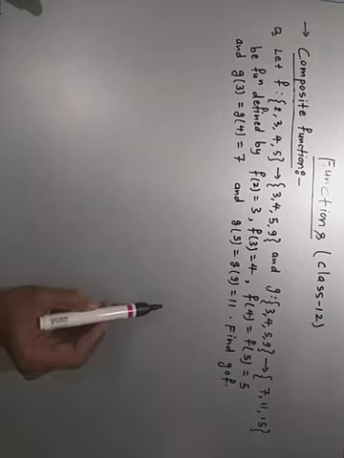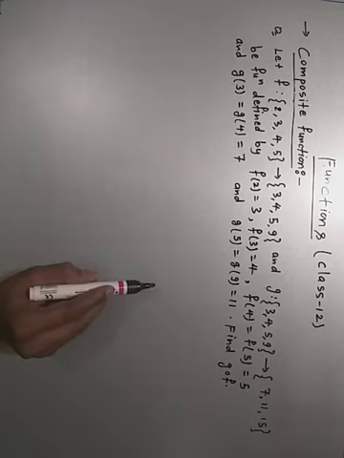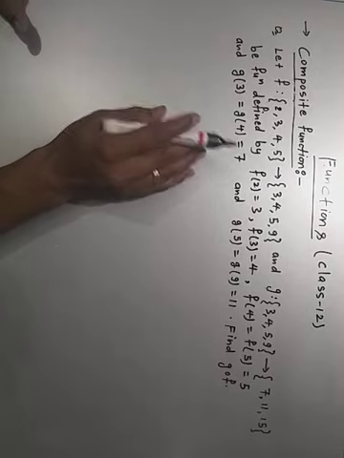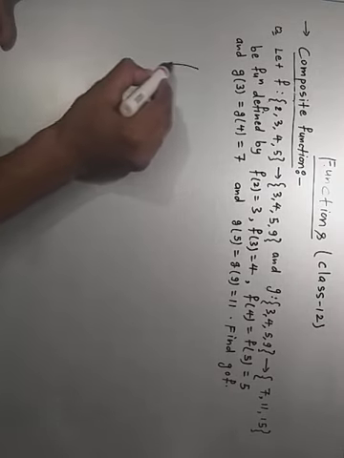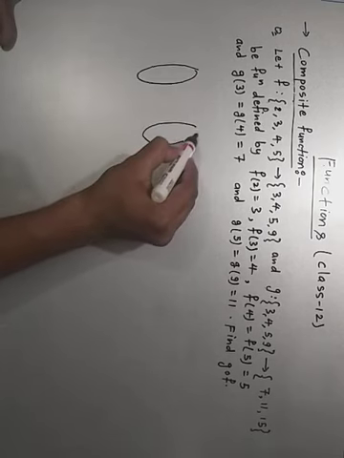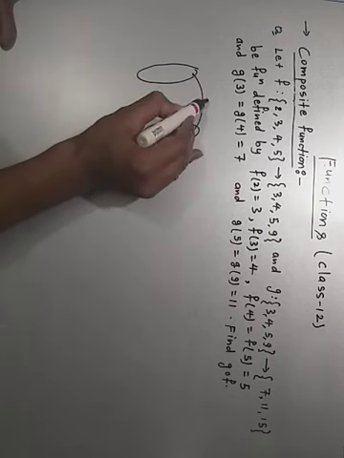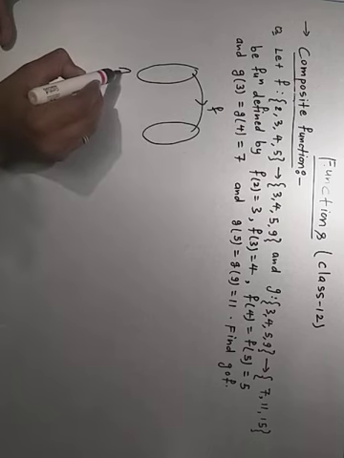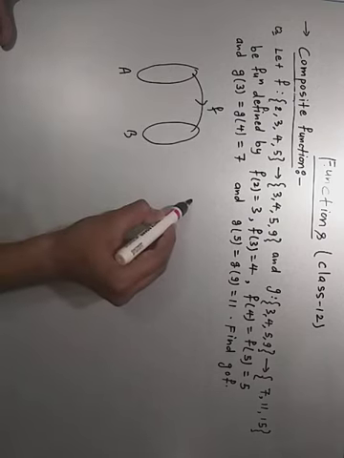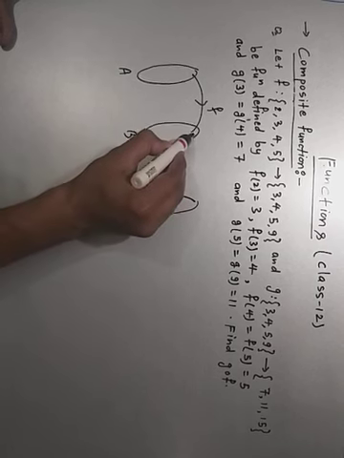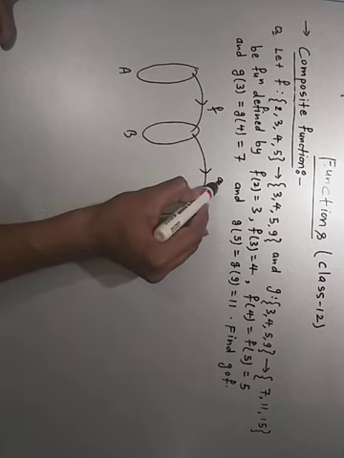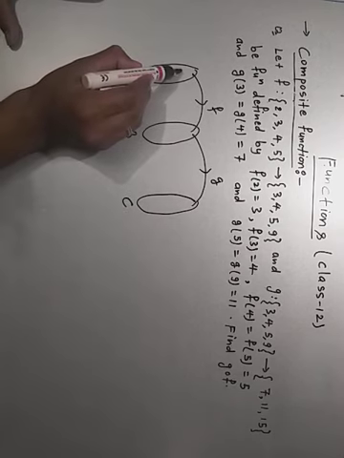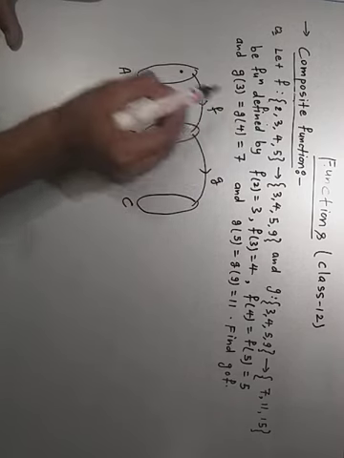Now we have to find the gof function for the given two functions f and g. तो सिंप्लिसिटी के लिए हम f को एरो डायग्राम से डिनोट कर लेते हैं। This is f which is defined from A to B, and there is another function g which is defined from B to C. Now A to B, it means इसको हम A नाम रख रहे हैं, having elements 2,